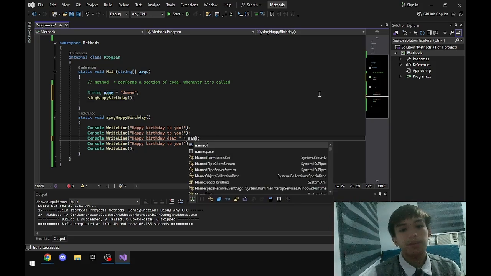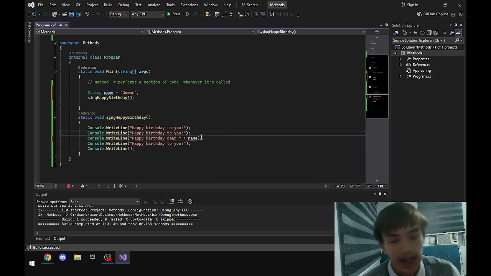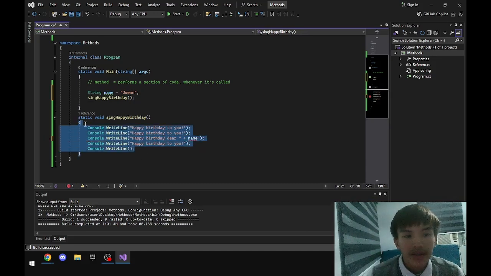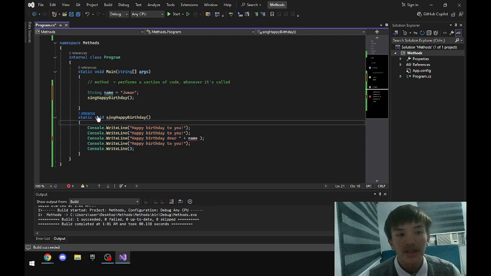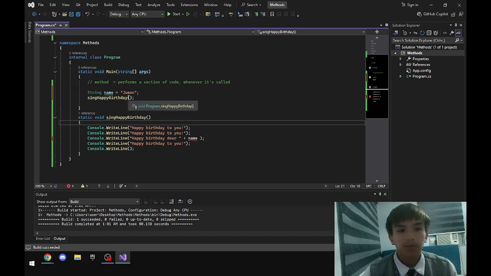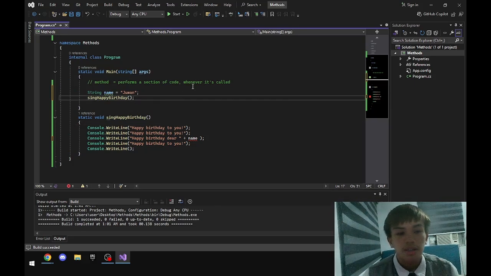Now once we type in name, it will return an error because the name in this method cannot be read in the main method, because they are separate. So in order to bypass this, we have to put here a parameter, which is our name.